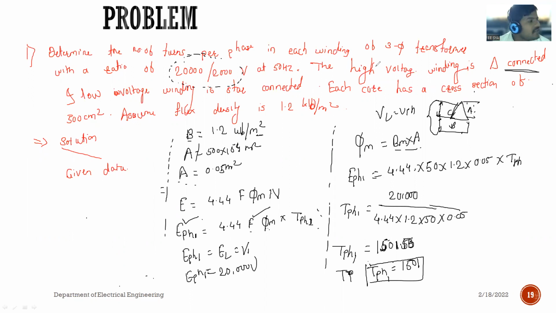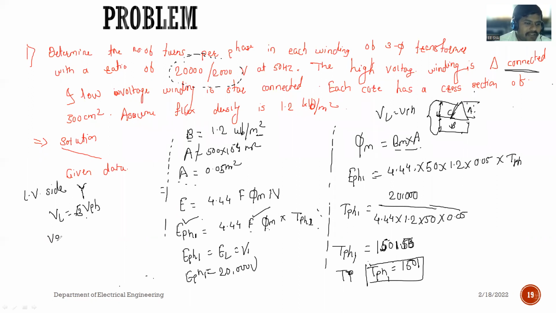We want to calculate now on the secondary side. Secondary side च्या calculate करायचे आहेत मला, or I want to calculate for low voltage side. Now see, for LV side, that is for low voltage winding side, how it can be connected? LV side कशी connect केले? Star connected. What is the relation between LV side voltage, phase voltage and line voltage? VL is equals to √3 VPH.